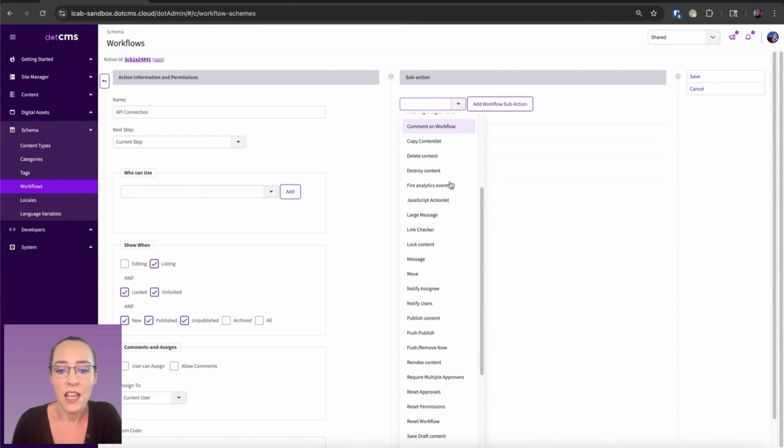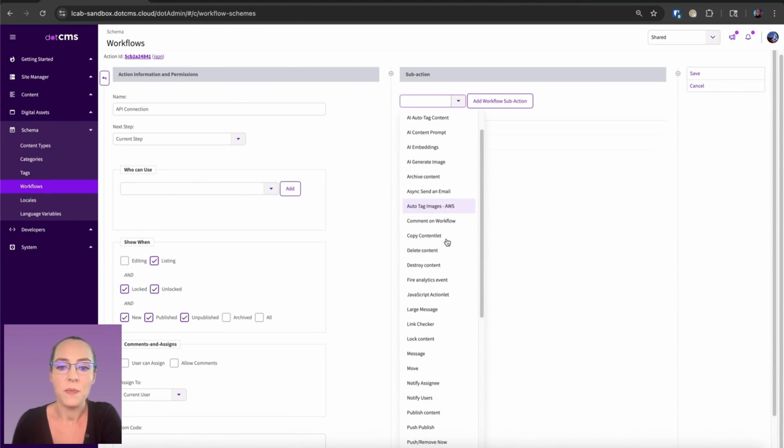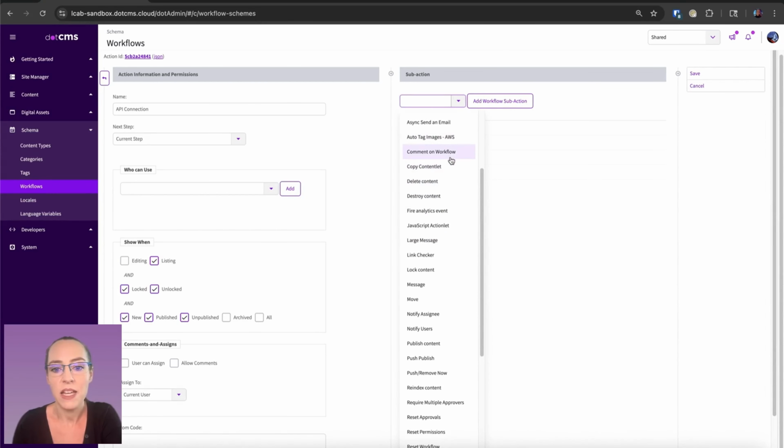Our AI different workflows, which I'll go over quite a few of those. We have some adding comments, copying a contentlet. This one's pretty cool because say that you wanted to move content from one site to another. You have a multi-site implementation. One of them has content in a foreign language. You can actually copy the contentlet. You can go down and use our translate content to translate that contentlet into whatever language you want to display